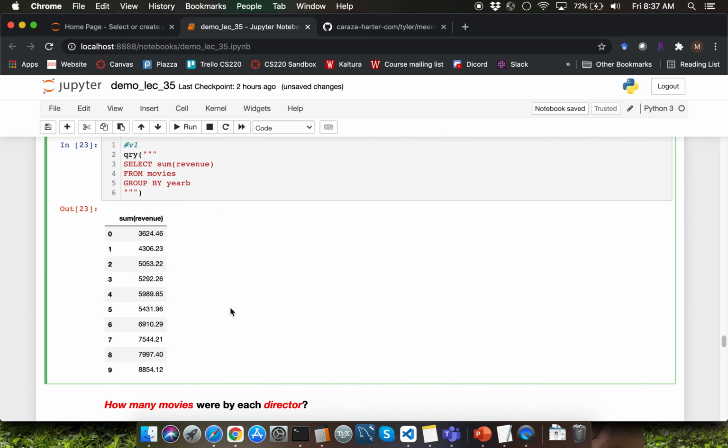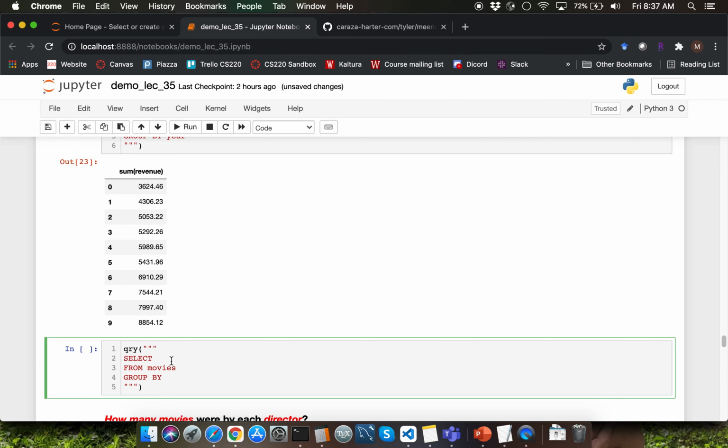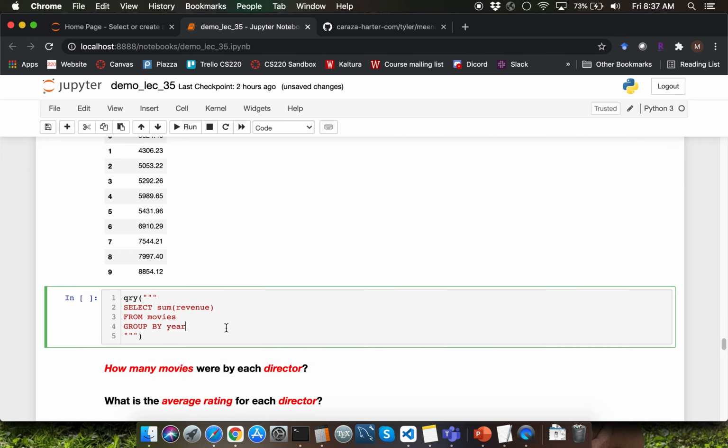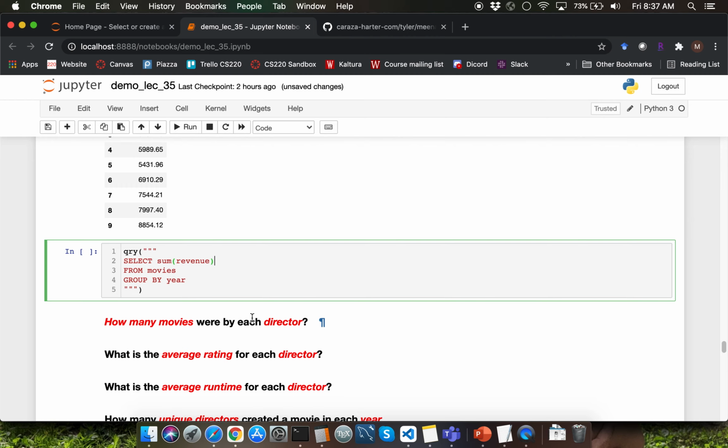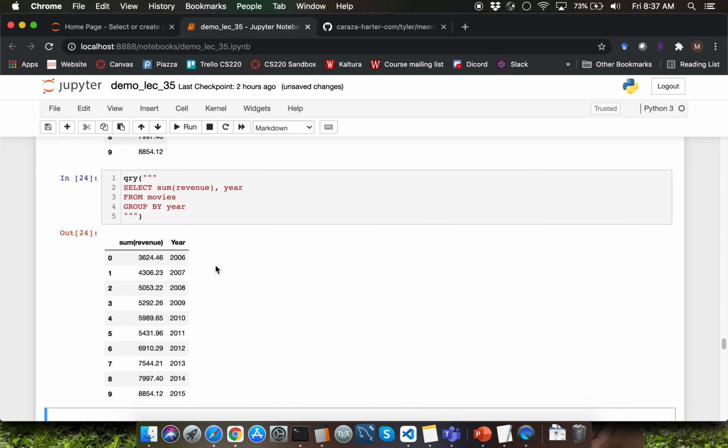Let's improvise this query. I'm going to insert a new cell after the above cell. Let me retype the query that we just typed. So I'm going to say select sum of revenue from movies group by year. Instead of just selecting sum of revenue, I'm also going to select the year column by specifying select sum of revenue comma year.